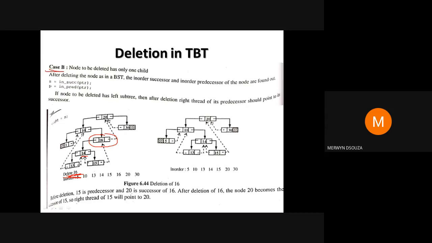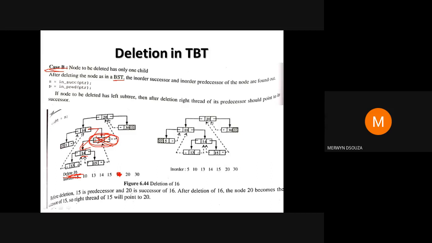Therefore, we are applying case B. So when you are applying case B, the rules for binary search tree and this are the same. So this will be replaced with its child. Deleting this thing, it will be replaced with its child. So you can see here, 14 will come here. 16 is gone, 14 will come there. Now it's a case of finding out the right kind of pointers. So wherever there is null, you need to replace that with the proper pointers. So this 10 will now point to this 14 since 16 is gone.